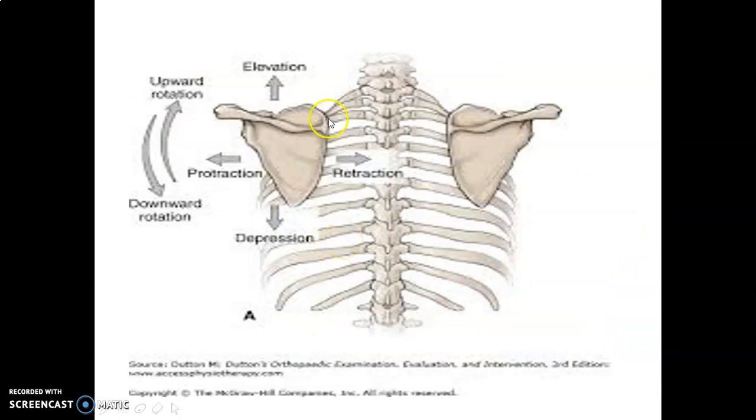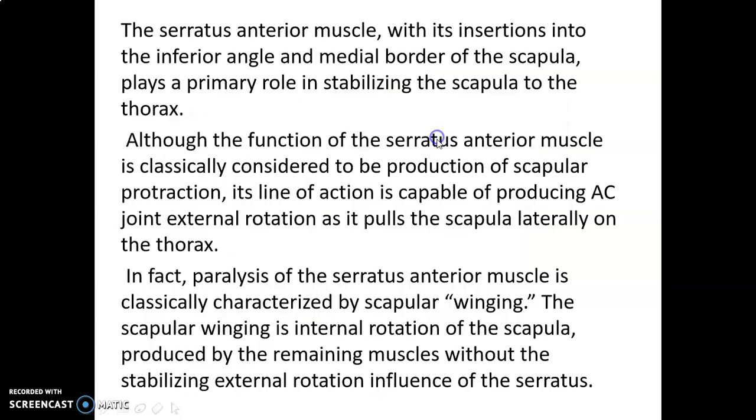And also, to familiarize you with some of the movements, since we are going to discuss the shoulder complex as a whole, the other movements are depression and elevation. I just wanted to show you that if this is the normal resting position of the scapula, any upward movement of the scapula is called elevation. This is depression. Moving outward is called protraction, and towards the middle, retraction. Then there is upward rotation and downward rotation. If the inferior angle moves outward, that is upward rotation; coming back to normal, or maybe a little bit downward, is called downward rotation.